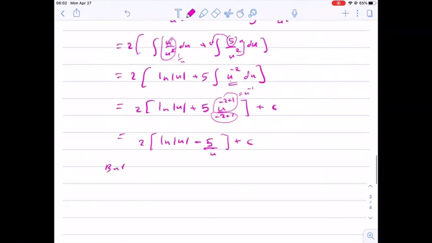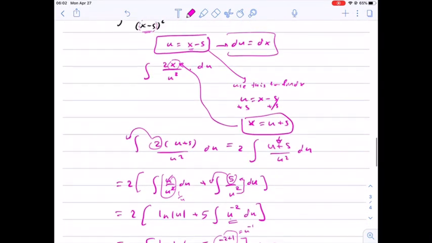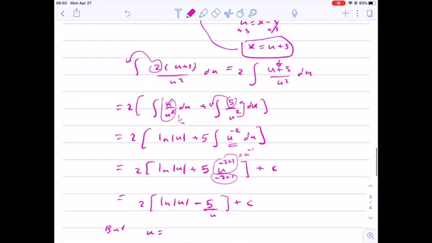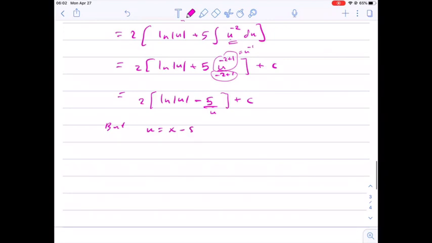But we know that u is, from our substitution, u is x minus 5, so this becomes 2 times natural log absolute value x minus 5 minus 5 over x minus 5